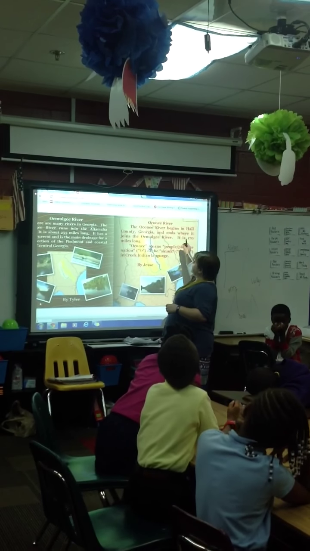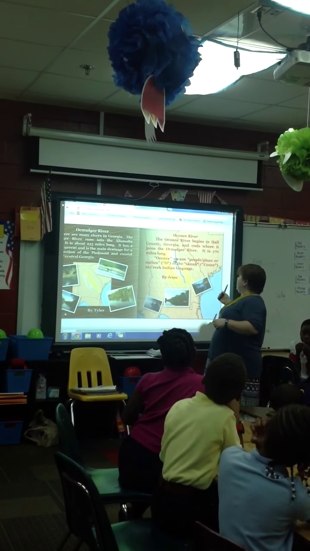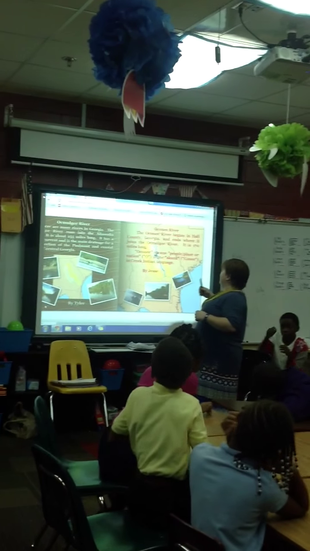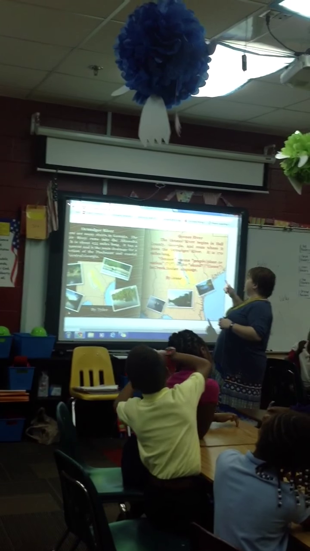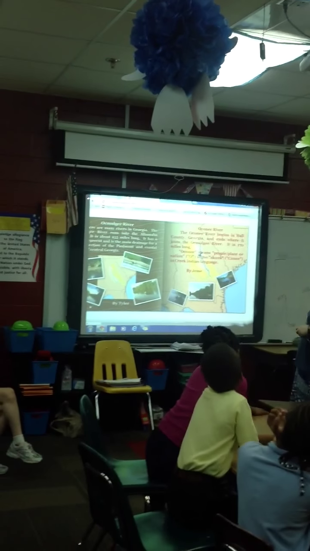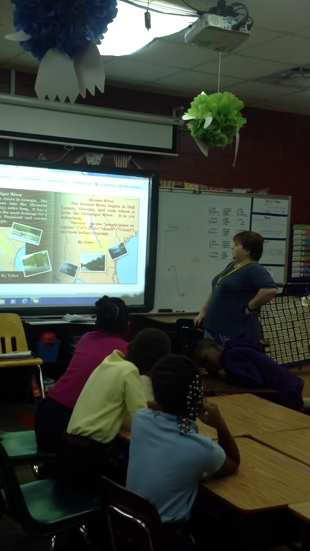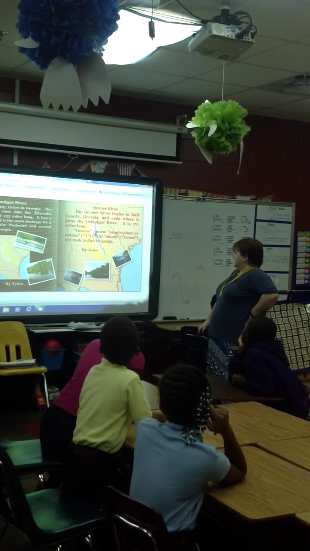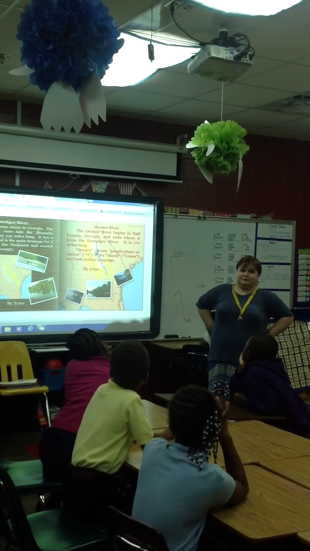Okay. Now, let's talk about the Oconee River real quick. The Oconee River begins in Hall County, Georgia, and it ends where it joins the Ocmulgee River. It is 170 miles long. Whoa. Oconee means people, place, or nation. O means of the skunk, and Coney is skunk in the Creek language.